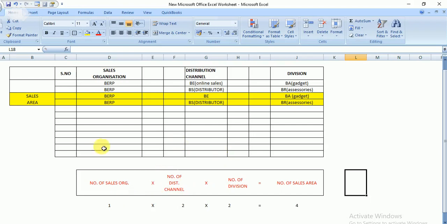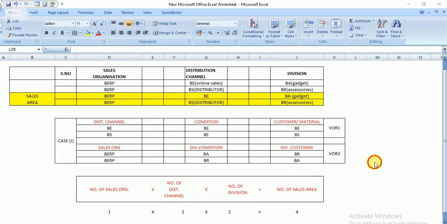If we have another sales org configured, it will double, which means we have to make 8 sales areas. Likewise it goes on. So to restrict the number of entries, I'm going to use a common distribution channel and a common division in my configuration. So let me do it in my configuration.